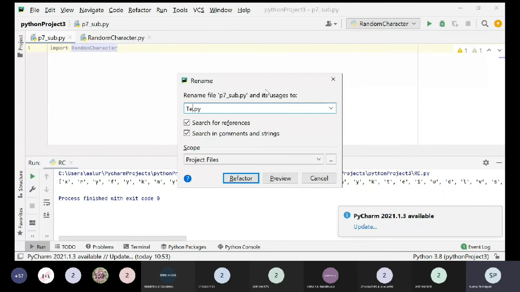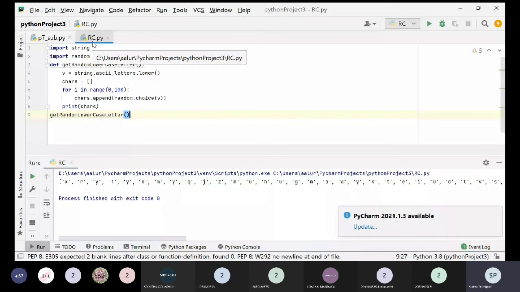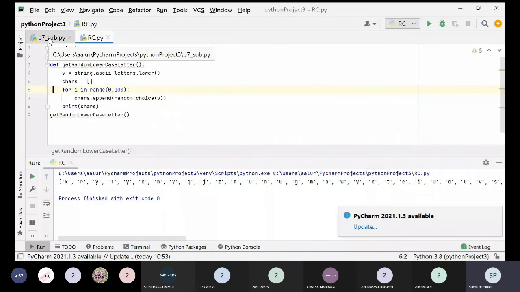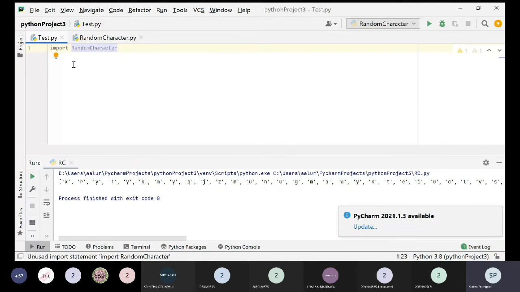Now this is test.py, and what I have to do is import this particular module into test.py. I have imported random character. Now I need to call the function which is there in this random character. What is the name of the function?